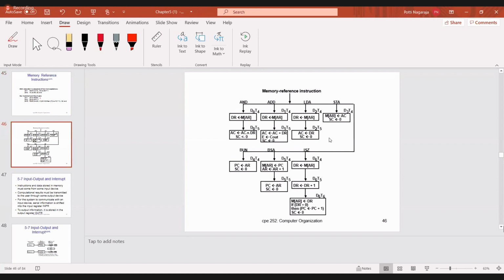So this one is those instructions that you executed. So T4 and T5. In T4, whatever operand you are reading, in the T4 cycle, whatever data is present in the AR, pointed by AR, will be transferred to DR. Then do the AND operation and store in the accumulator. Okay.